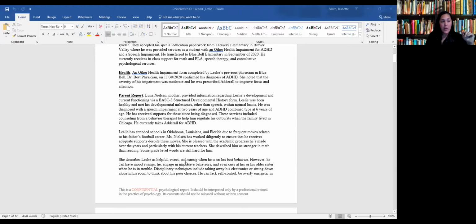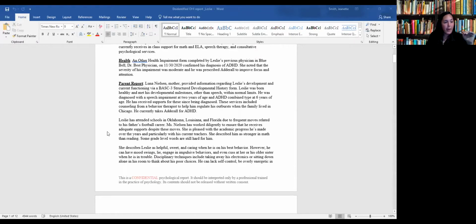And so definitely attributes that if Leslie were an 18-year-old, 19-year-old individual would be very relevant for you to understand in your environment. What does that mean for me and how I work with the student if I know that maybe these are behaviors that sometimes impede Leslie's functioning, okay? Sometimes get in the way of Leslie being able to successfully complete tasks. And so that's just some information from the parent.